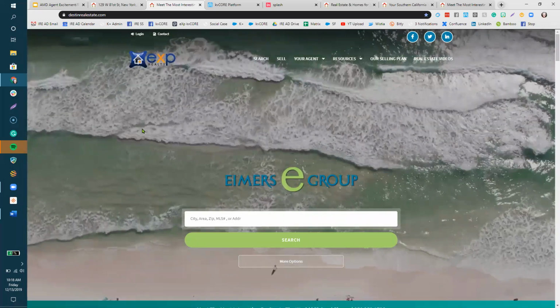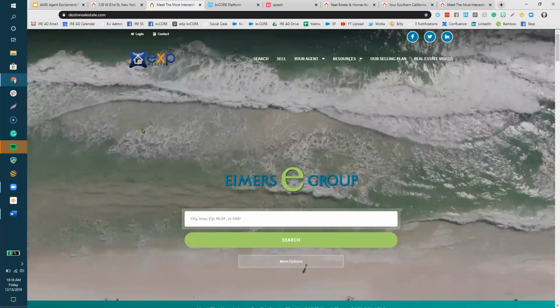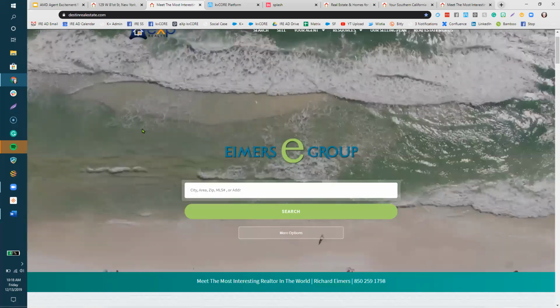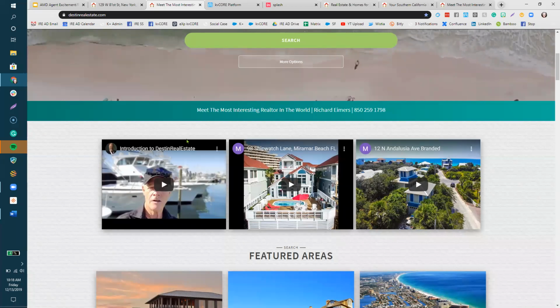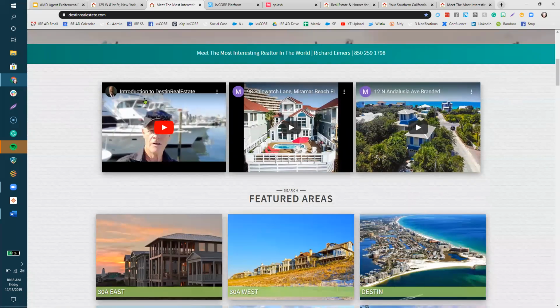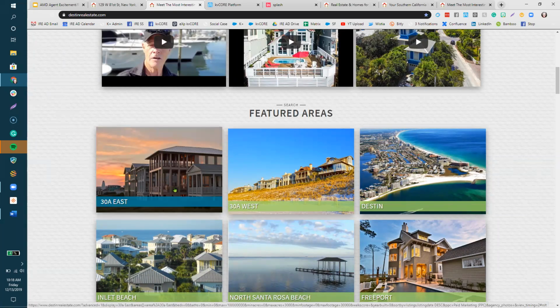And it may work a little slower for you right now because you're watching a video of a video, but it's working very smoothly on my end. So as we work our way down this, you can kind of see that it's got some different relief background here. So it gives it a little texture. You can add in different videos like a welcome, as well as videos about properties. And if you look to the featured areas here, this is really cool. As you hover over these tiles, you'll see they kind of indent and rise up. The ribbon also changes to blue. So it really is built to keep